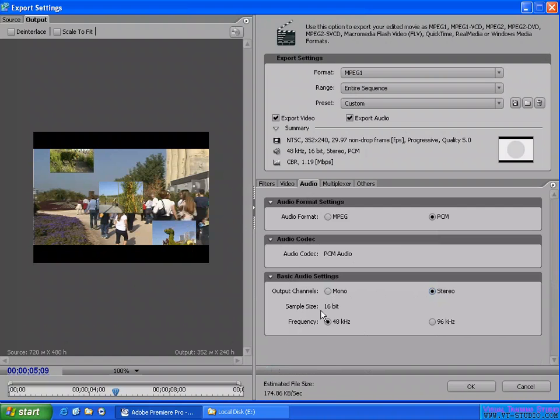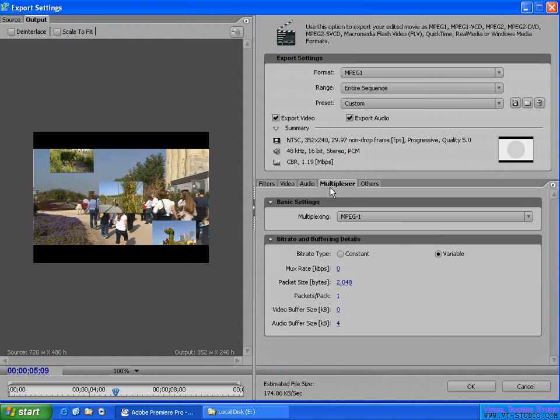And here sample size 16-bit, frequency 48 kHz or 96 kHz. The higher the quality, the higher the file size. 48 kHz in general is DV, mini DV audio quality. I keep it here. Okay, here the multiplex, how they multiplex the audio and video, make it into a single